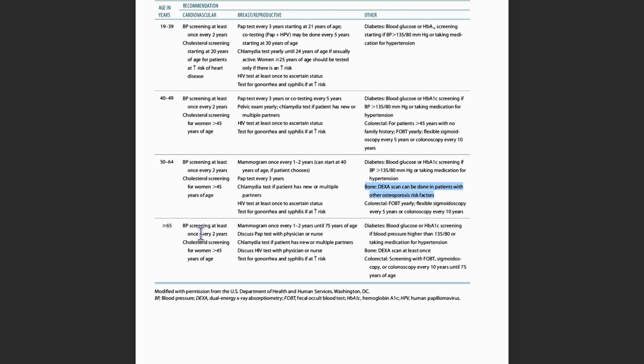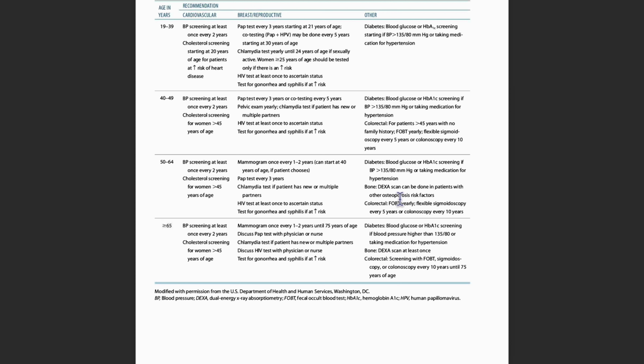And more than 65, blood pressure screening at least... And DEXA scan here can be done in patients with other risk factors. Because I remember from UWorld they said we do it for everyone over 65 years of age. So DEXA scan at least once